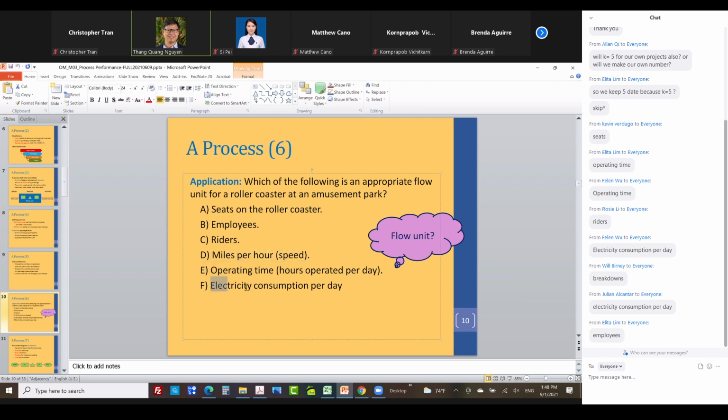Electricity consumption is another good choice for flow unit if you look at the cost side of your operation, right? Electricity should be a big cost of your operation. So you look at the electricity consumption per day and over time, at least for the same number of customers, that number should not go up, or over time you find a better way to cut down that electricity consumption, right? Or you can break it out as electricity consumption from the grid, electricity consumption from the solar panels, things like that, so that you can cut down the grid